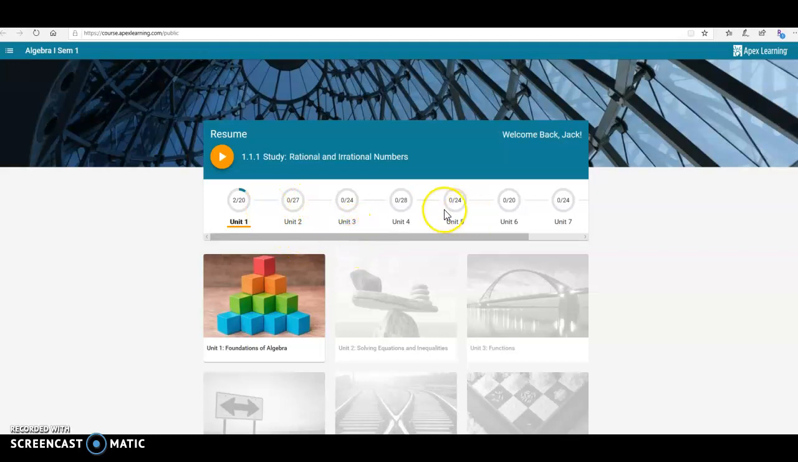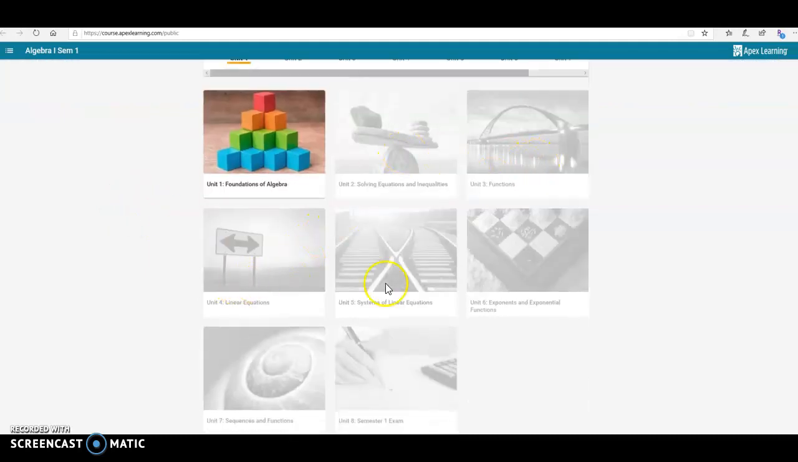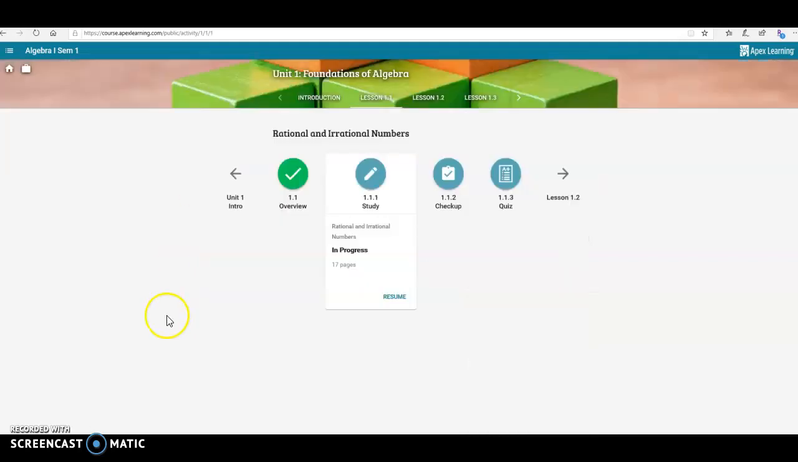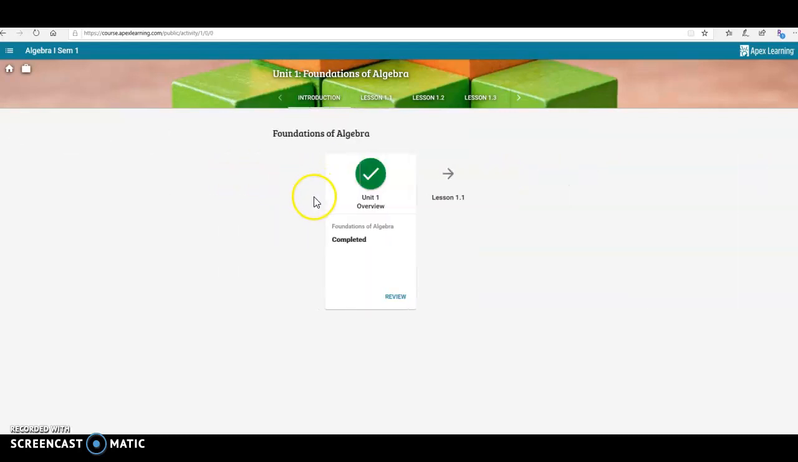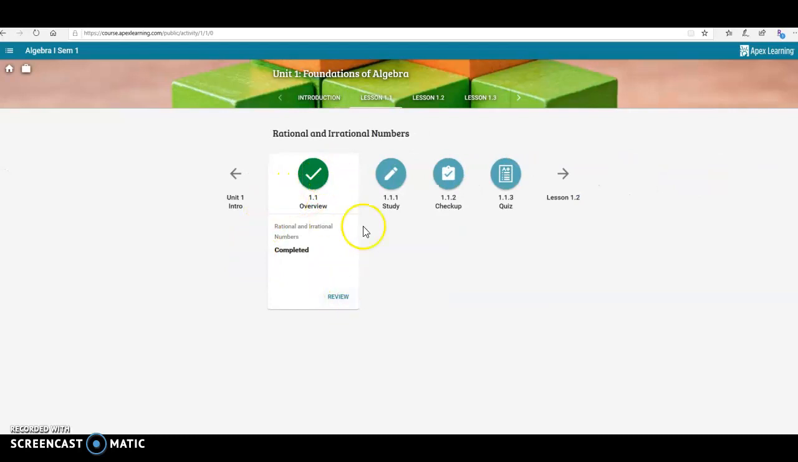Each unit consists of 28 to 24 assignments or activities that a student has to do. And I have to go in order. So that is why I'm not able to click on any of these gray units, because I have to go in order. To get into where I left off, I'm going to simply click on this orange arrow that says Resume. You can see that I have already started with the unit overview, and I've done the 1.1 overview, and